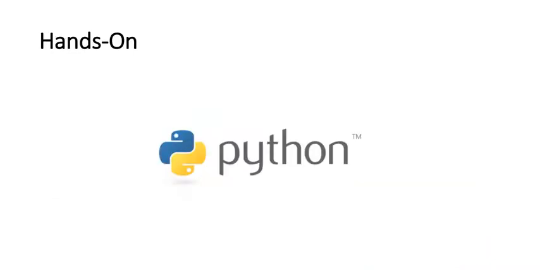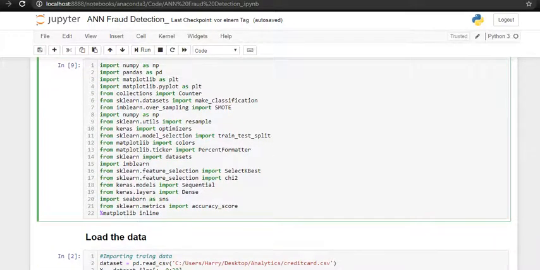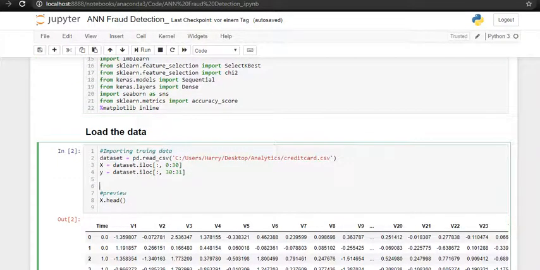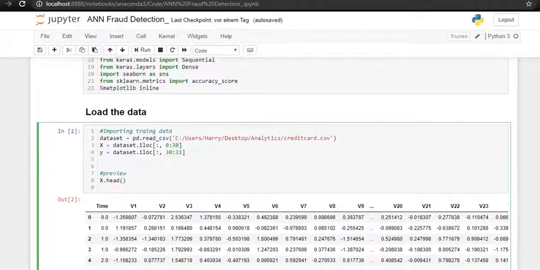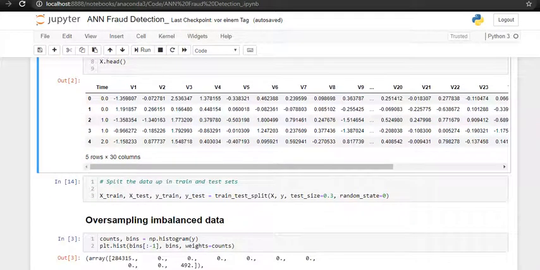So let's check the code. Here we are going to take the packages, like SMOTE, which is an oversampling technique, and then also other packages like Keras, models, and layers to produce the model itself. Afterwards, we're going to import the data, the credit card data, and then we have the X and Y. So here you can see the X data and the dimensions, and then we're going to split the train and